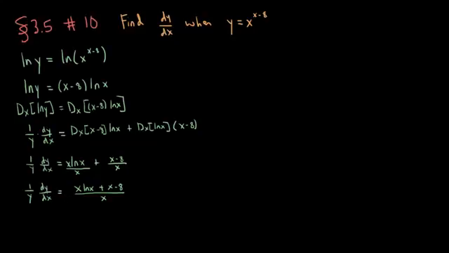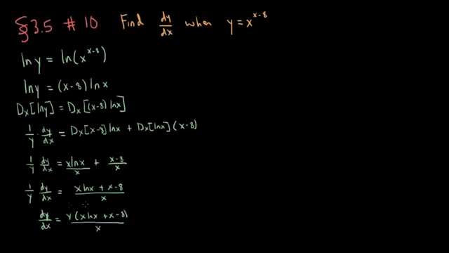And now, to solve for dy dx, I multiply both sides by y. And so I can say that dy dx equals y times x natural log x plus x minus 8